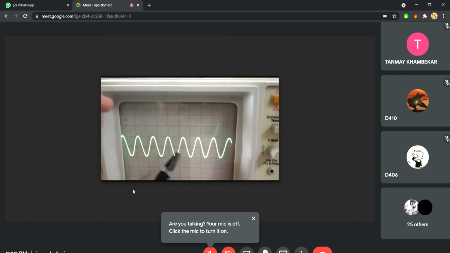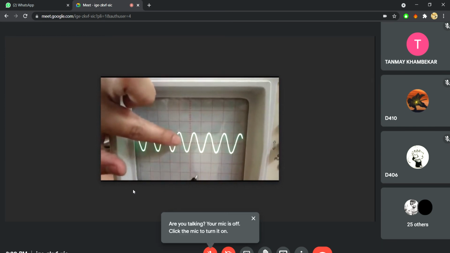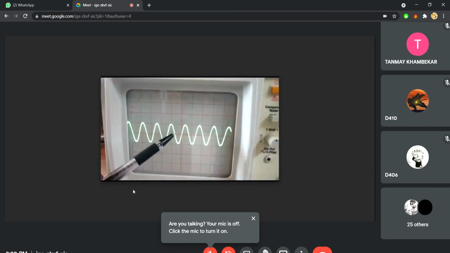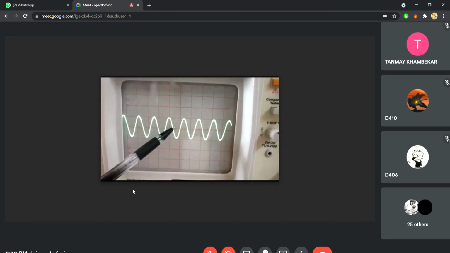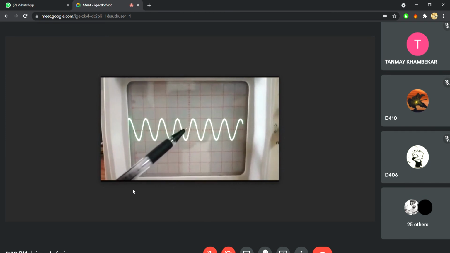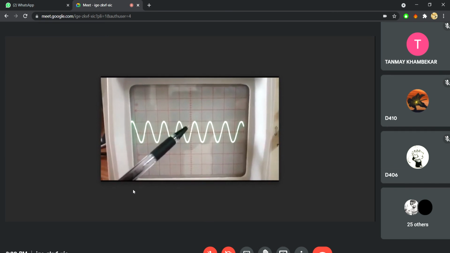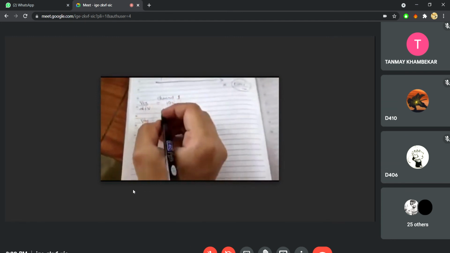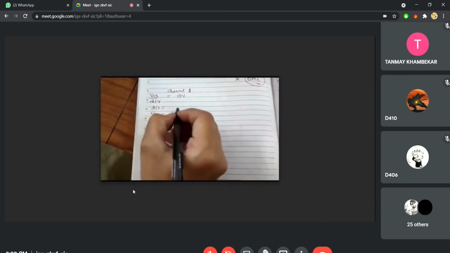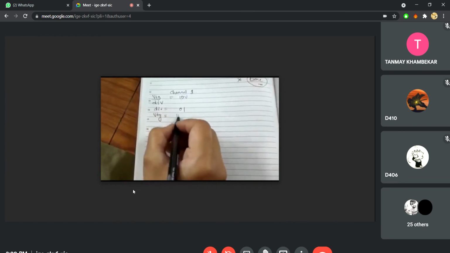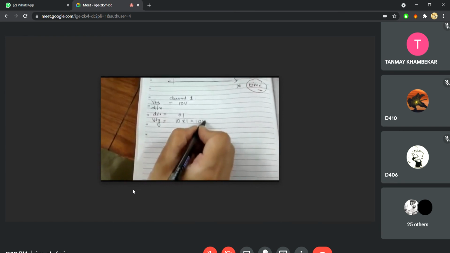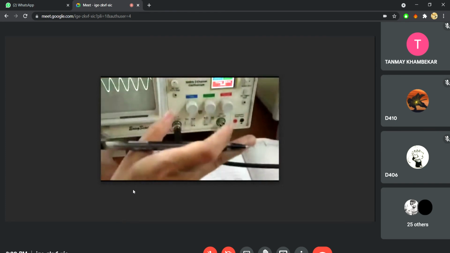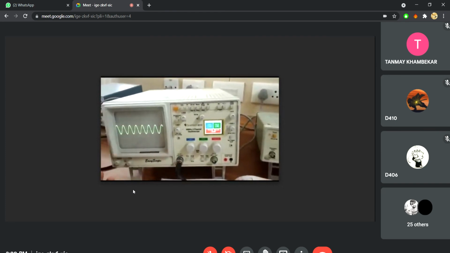From here. Magnitude means which axis? Y axis. So on the Y axis, just see how many divisions there are. One subdivision is 0.2, so we count 0.2, 0.4, 0.6, 0.8, 1. So 1 is coming, so the number of divisions is 1. The voltage will be 10 into 1, that is 10 volts. So the voltage we have given from this function generator is 10 volts. Like this we will calculate.